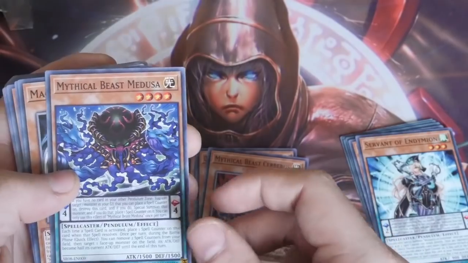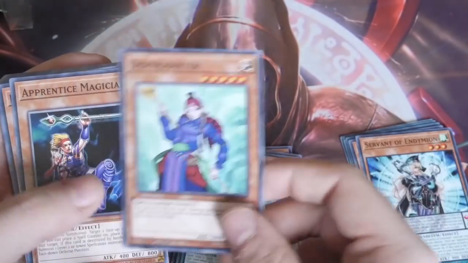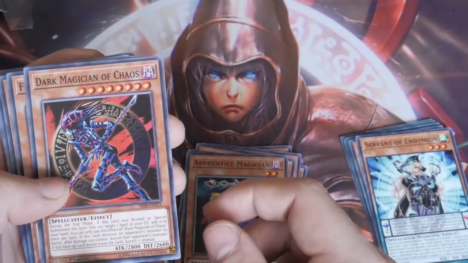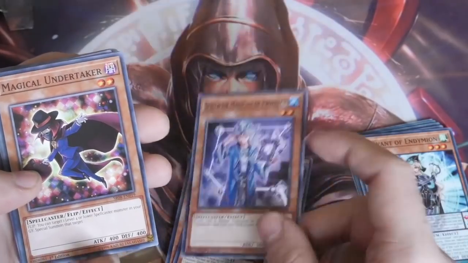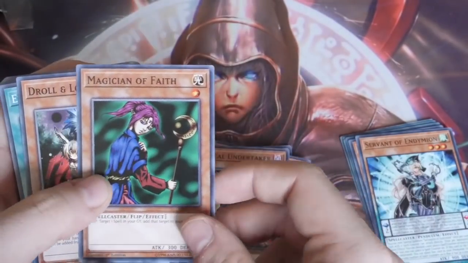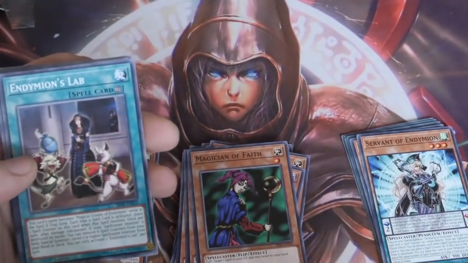one we wanted, Mythical Beast Medusa, Magical Something, Magical Exemplar, Magical Reductor, Disenchanter, Apprentice Magician, Dark Magician of Chaos, Fairytale Luna, Summoner Monk, Spellbook Magician of Prophecy, nice reprint on that one, Magical Undertaker, Magician of Faith, Droll and Lockbird, very, very good reprint on that one. Endymion Lad,